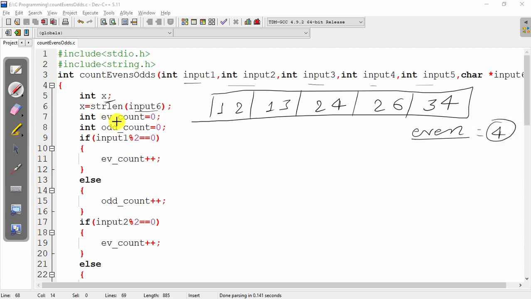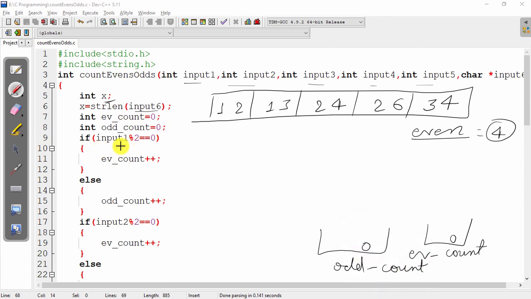After that we have initialized the even count to 0 and odd count to 0.